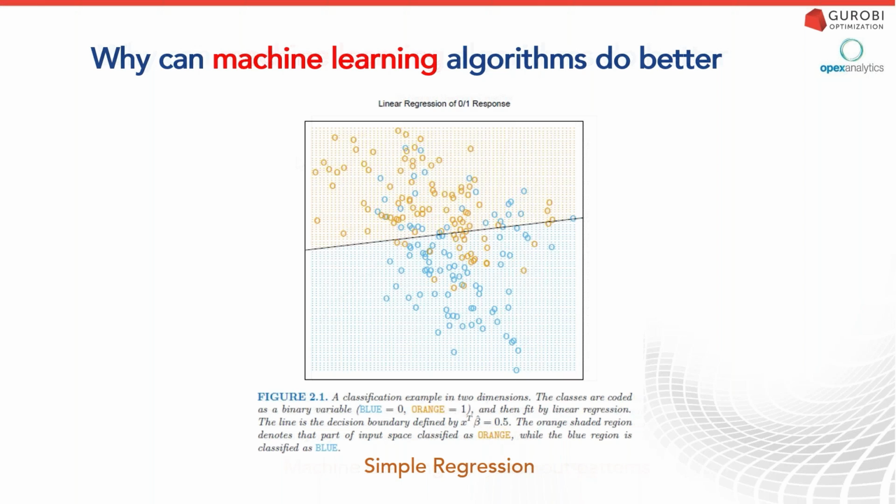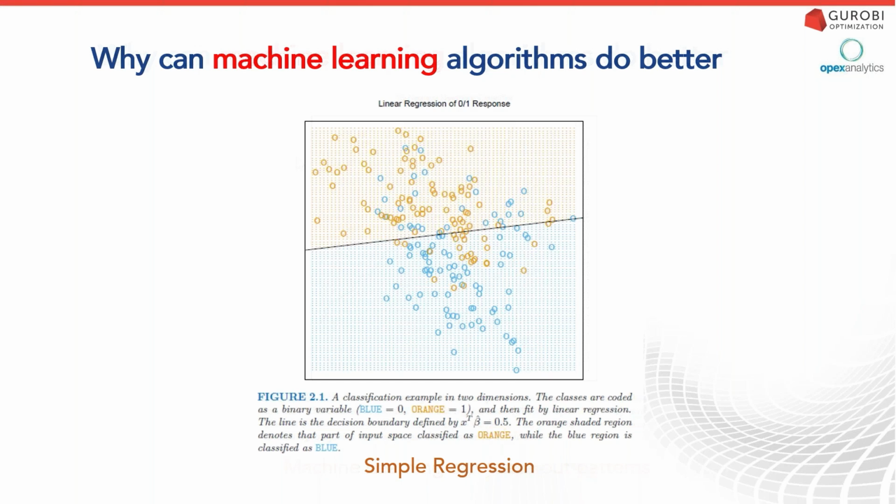And then the other thing I like to point out with machine learning is why is it better? What does it do that's different, and what new ground does it break? This is a great example of how you can think about it. In this example, we're trying to predict whether one of these circles will be orange or blue. If I look at traditional methods like simple regression, I'm just drawing a line through this group of dots, and I'm going to guess that everything above the line is going to be an orange circle, and everything below the line is going to be a blue circle. You can see that the simple regression is not bad. Most of the stuff above the line is orange and most of the stuff below is blue.